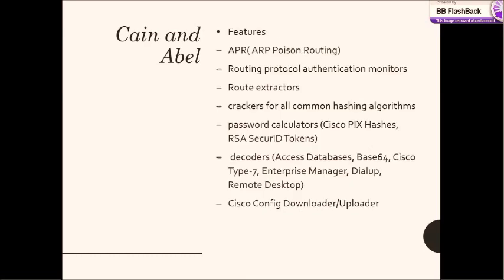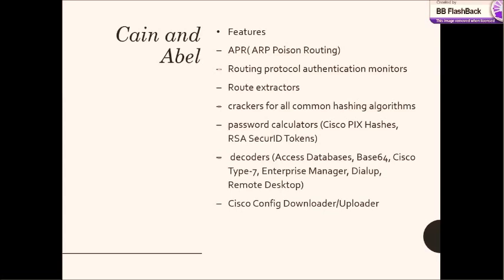Now, where Cain is the main analysis tool, the Abel NT service provides a remote console on the target machine, which can dump user hashes from the remote SAM even if it was encrypted using the syskey utility, and other features like the LSA secrets dumper, the route table manager, and the TCP/UDP table viewer. An interesting feature of Cain and Abel is the APR, which is the